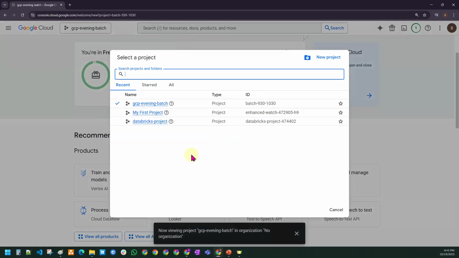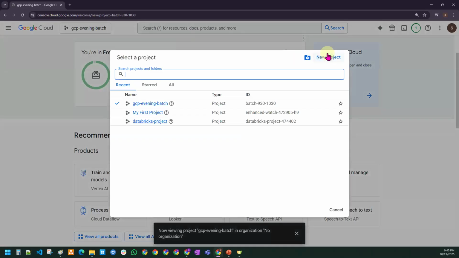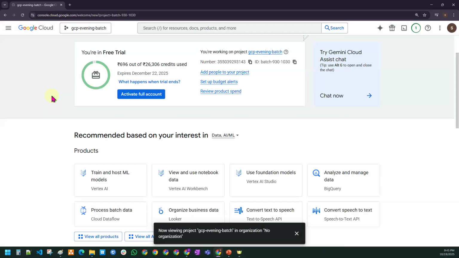A project is like a resource container. So how to create a project? You can create a project like this. To select a project, you can choose a project from here. Okay, sir, what is a project? A project is a resource container. So whatever resources you are going to create, those come under one single project.